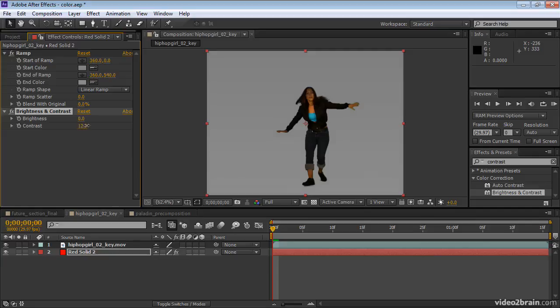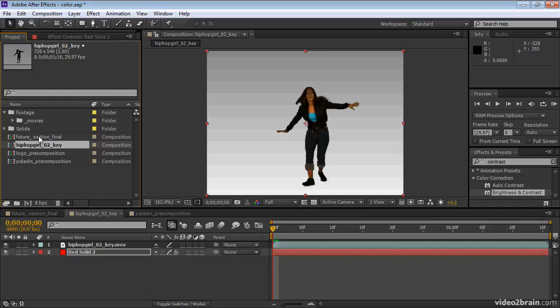Now, if I increase the contrast, we get a very stair-steppy look in a gradient, which is not what we want at all. If I go to the project settings again and alt-click the 8 BPC number to move it to 16 BPC, the stair-stepping goes away, and we have a nice smooth gradient. 32 BPC would also make the stair-stepping go away, but it's overkill for this particular purpose. So if all that you need to do is remove banding or stair-stepping and gradients, consider working in 16 BPC